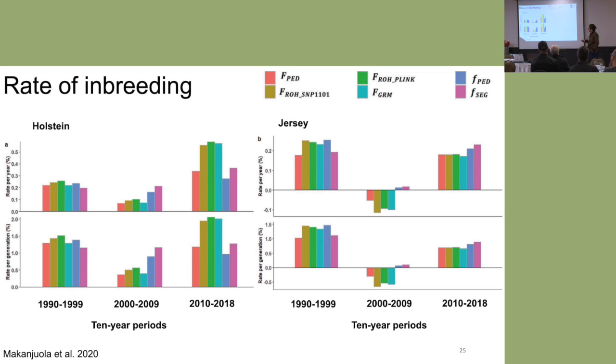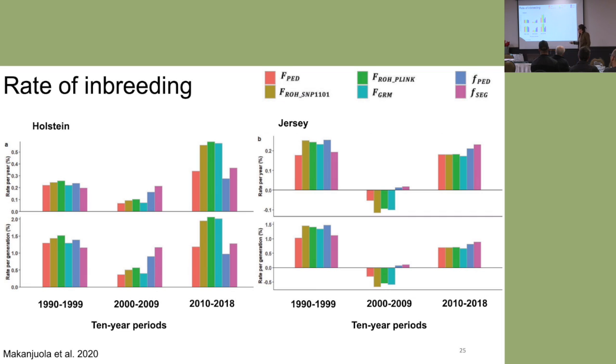All right, so rate of inbreeding. Holstein data, each little bunch here is a 10-year period. I've got this fantastic PhD student. He loves to measure everything. So he measured inbreeding like 17,000 different ways. And then I said, you're only allowed to use 6. Okay? So this is what he came up with. Every color is a different way of measuring inbreeding. But the takeaway message here is that between 1990 and 1999 in Holsteins, regardless of whether you were looking at per year or per generation, we had a relatively high rate of inbreeding.